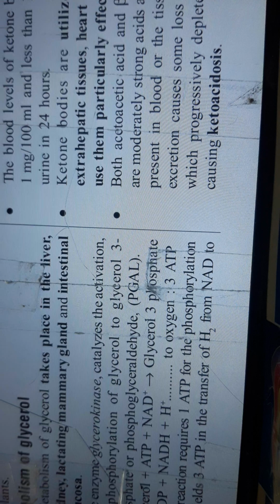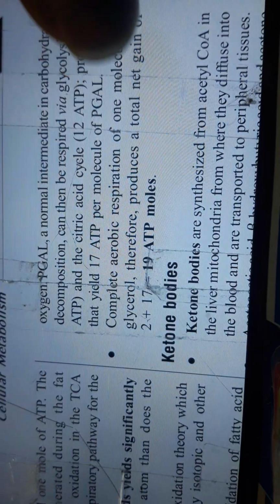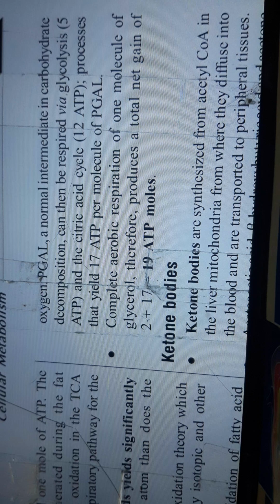Metabolism of glycerol takes place in the liver, kidney, lactating mammary gland, and intestinal mucosa. The enzyme glycerokinase catalyzes the activation, by phosphorylation, of glycerol to glycerol 3-phosphate. Glycerol plus ATP plus NAD gives glycerol 3-phosphate, ADP, NADH, and H+, which yields 3 ATP. This reaction requires 1 ATP for the phosphorylation but yields 3 ATP in the transfer of hydrogen from NAD to oxygen. PGAL, a normal intermediate in carbohydrate decomposition,